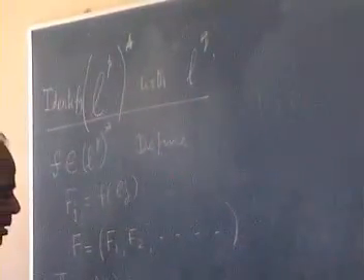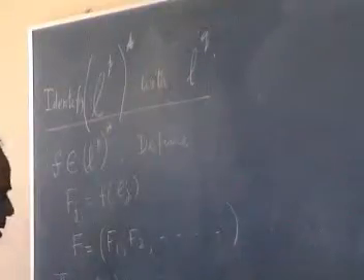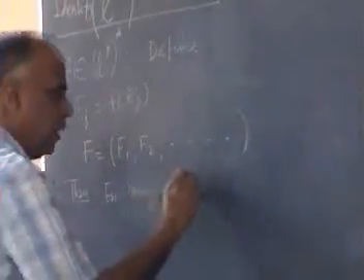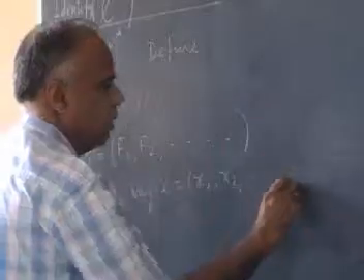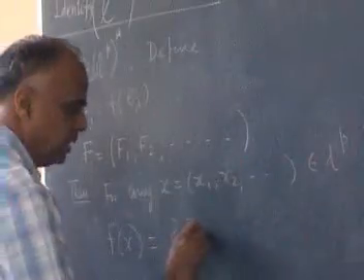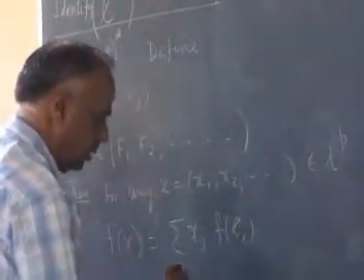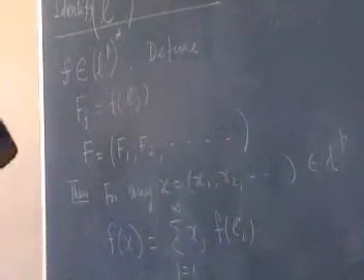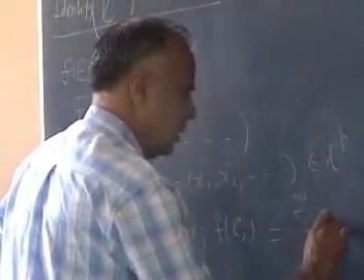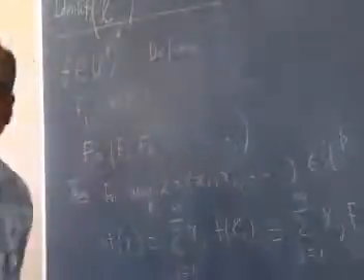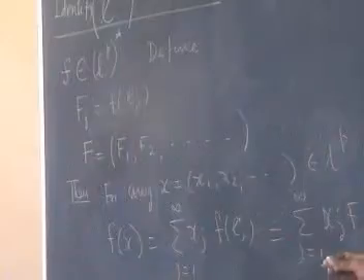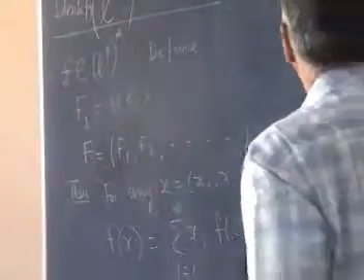Then f of x, for any x equal to (x1, x2, ...), is equal to the sum of x_j f(e_j). This is by the continuity of f and linearity of f, and that's now equal to the sum of f_j x_j. So from Hölder's inequality, we knew that one way to get this to be a finite number is for f_j to be in l^q. So the first question we asked was,